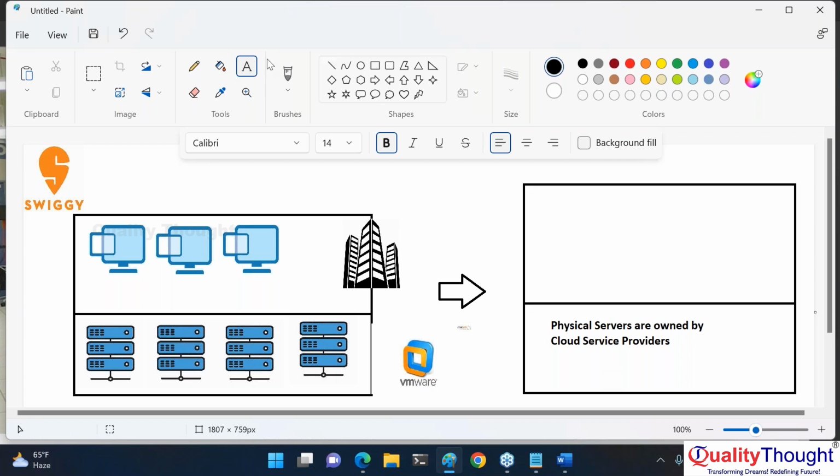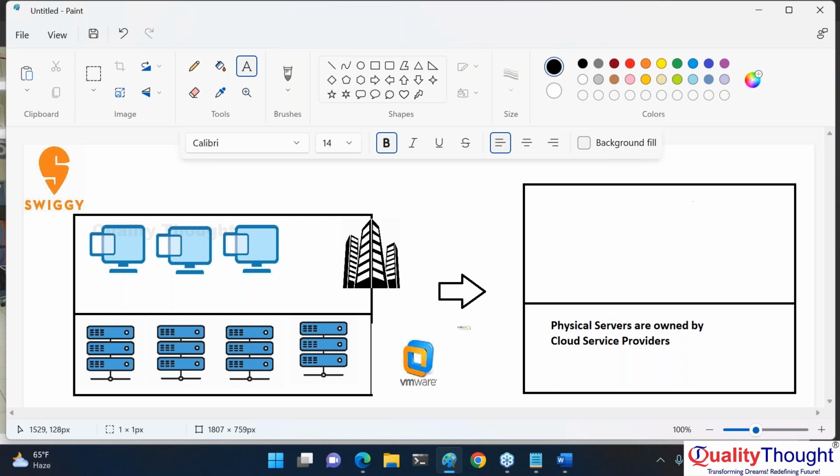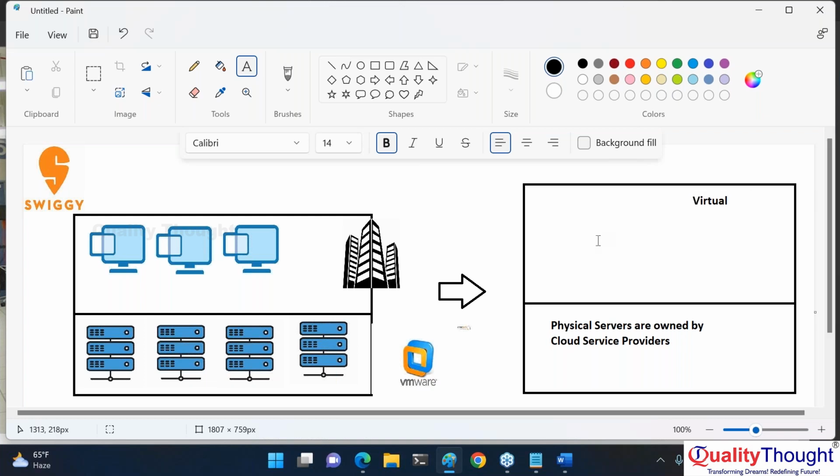Okay. But there will be a space which is virtual. Whenever you're working in cloud, you are dealing with everything that is virtual. So this server in which you are trying to run your application, you would be running in a virtualized way. So are we clear on this, sir? This is a basic transition. And then there are other options.